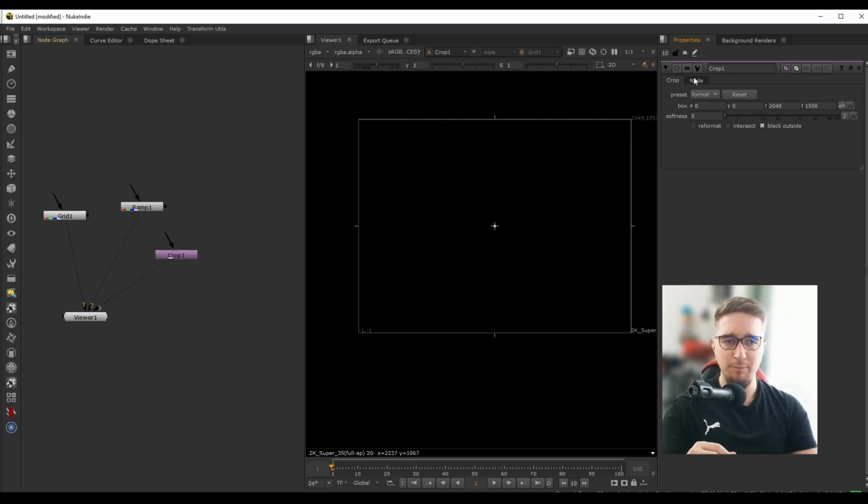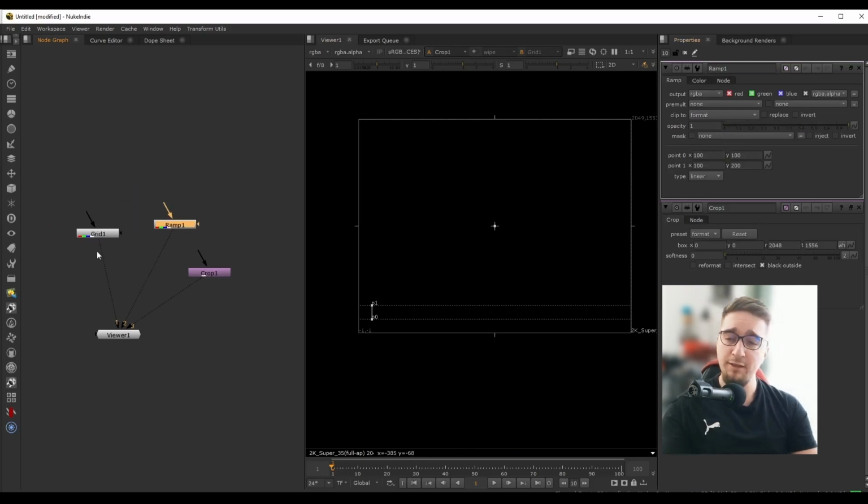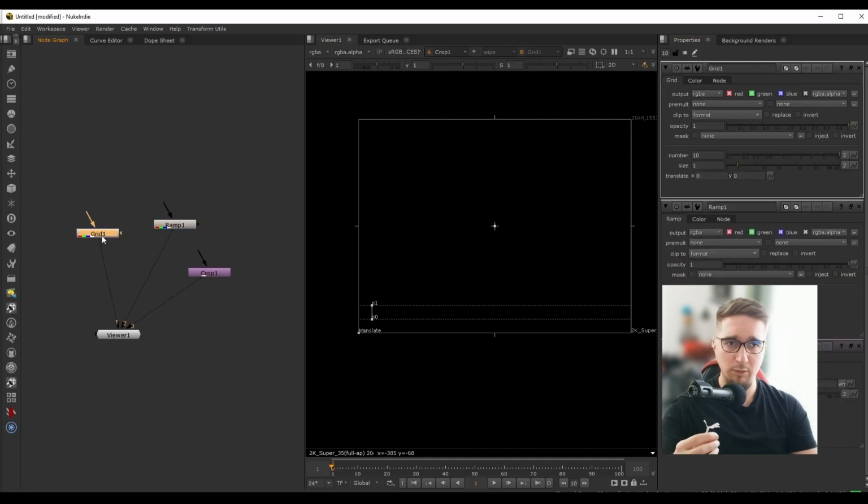So I have the properties for the crop node, and now if I double click the ramp to select it, we can also see the ramp properties stacked on top of the crop node properties. And as well, if I select the grid now with double click, I can see the grid properties stacked up. So we can stack up all the way to 10 different nodes,